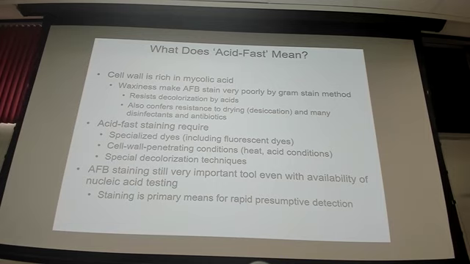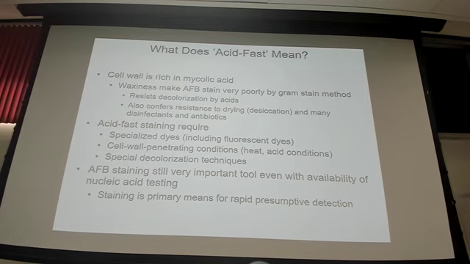When you are decolorizing with one of those heavier stains like carbol fuchsin, you use a stronger acid solution to decolorize. And the reason why we call them acid-fast is because even that stronger acid is unable to lift that carbol fuchsin out of the cell wall. So it holds onto that stain and retains that pink, kind of purplish stain. And that's why we call it acid-fast, like hold fast with that stain. You can't decolorize it.